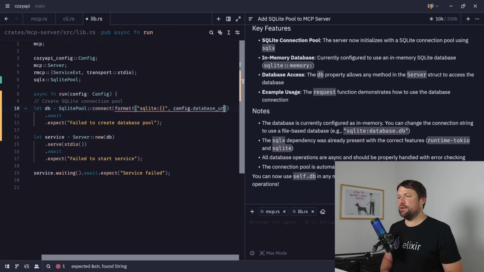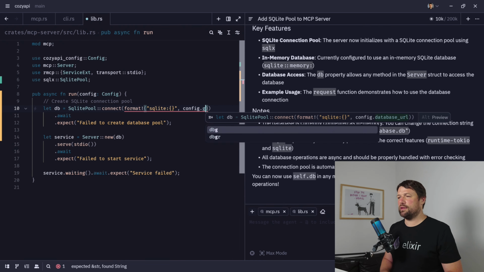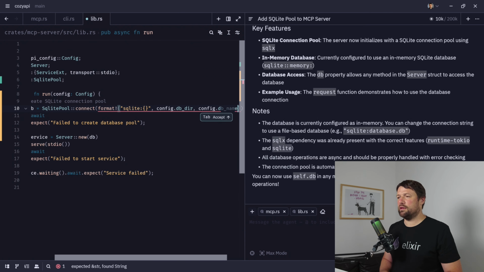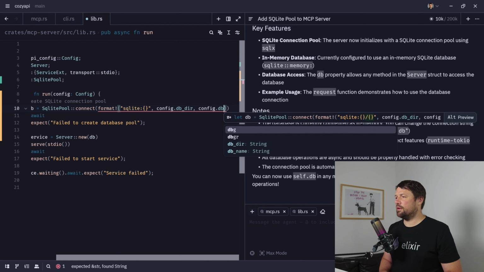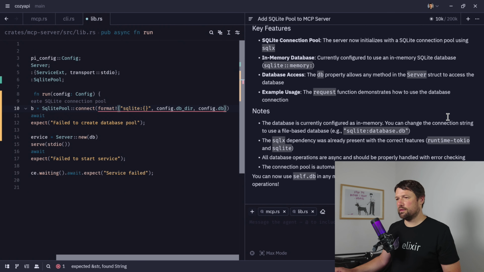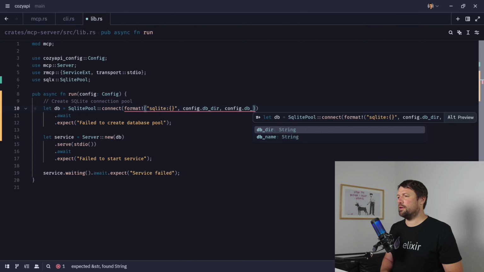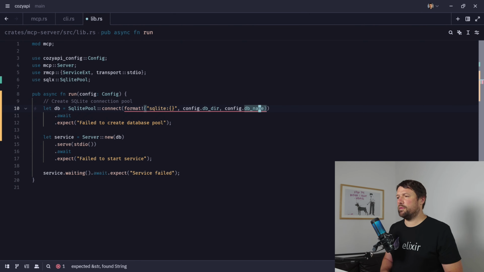Database URL would be too nice, but that's not config db, config db. Just do this. Something is still